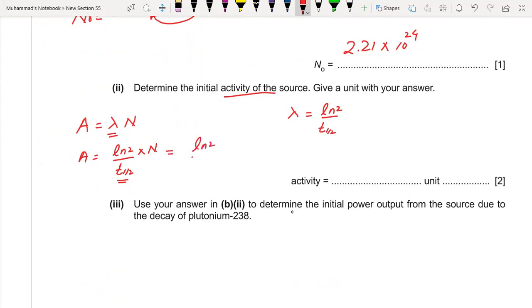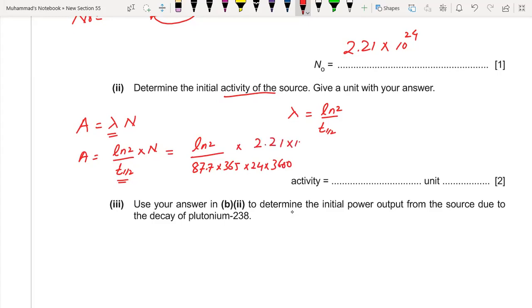So ln2 divided by t half-life, which is 87.7 times 365 days and 24 hours, and in each hour you have 3600 seconds,